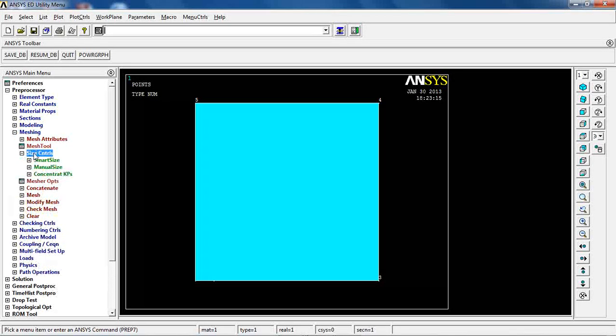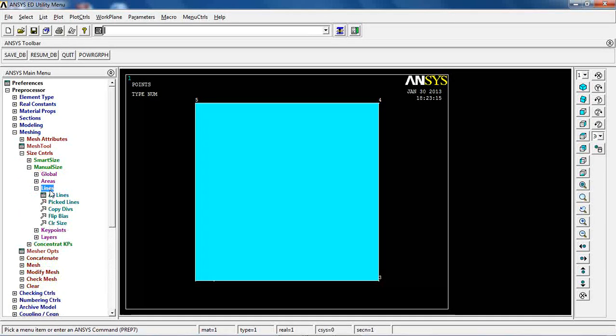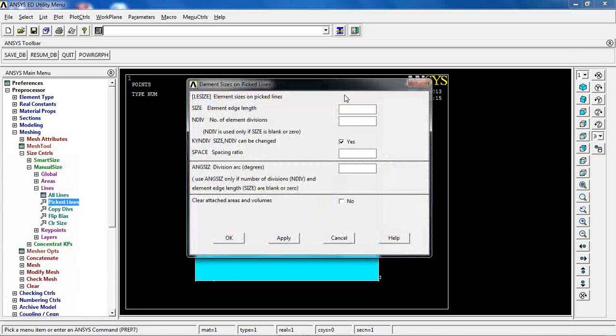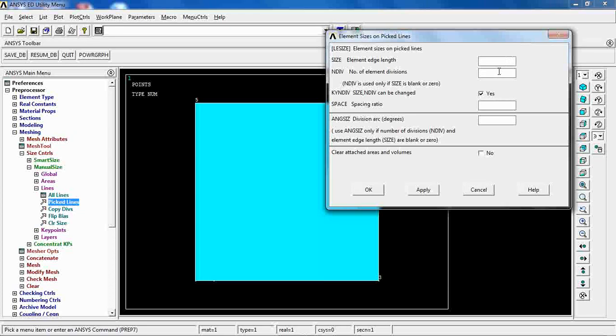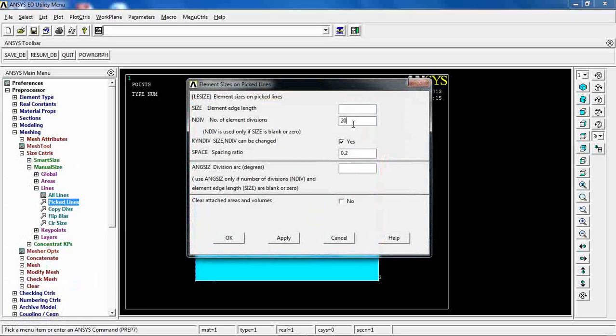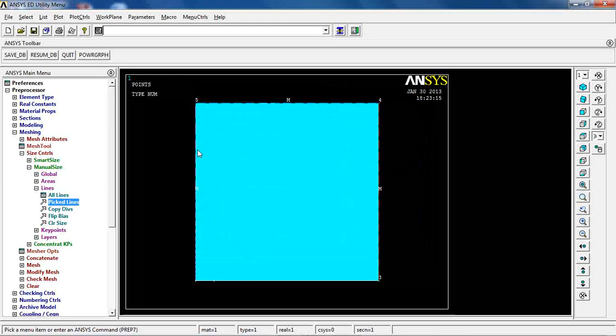The first thing is I want to do size control, manual size on lines, and pick this line first and say I want to divide that by, let's say, 20 segments. Any segment has a spacing ratio of 0.2. Click apply. Then I want to divide this line and this line by, let's say, 15 without any spacing ratio. Okay, so far everything was